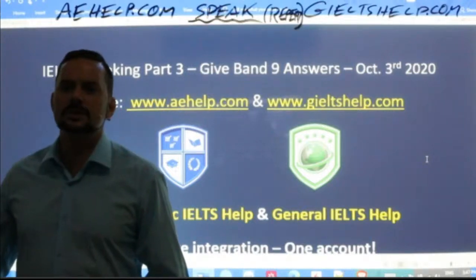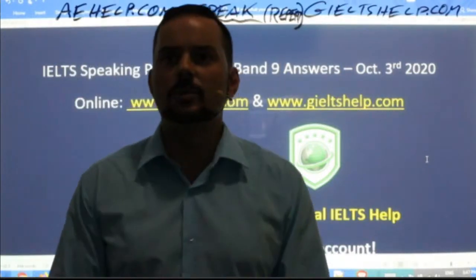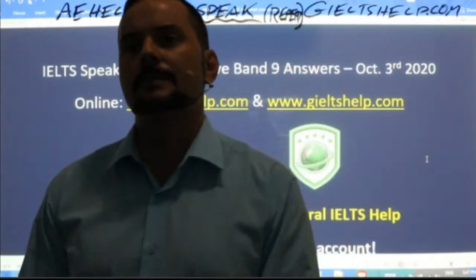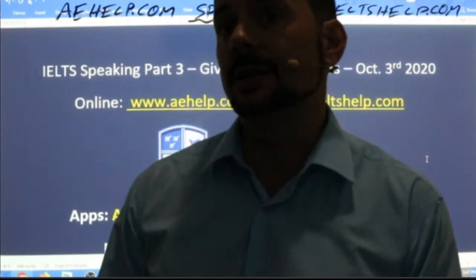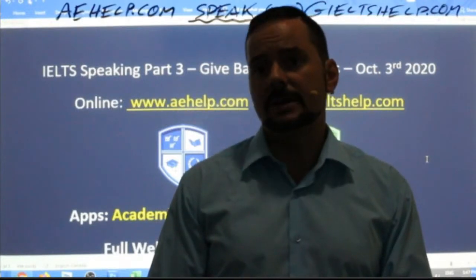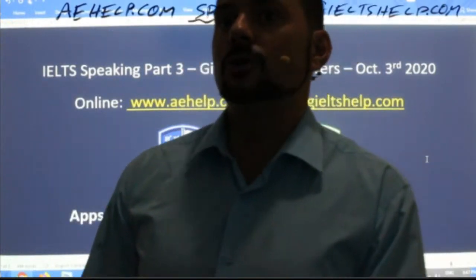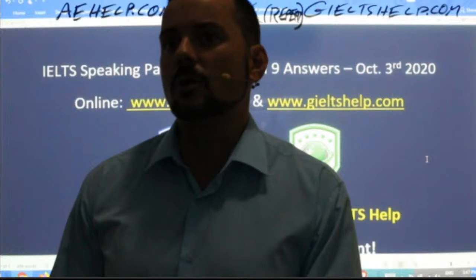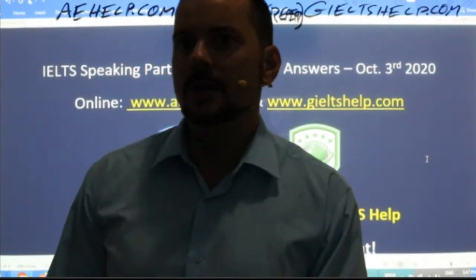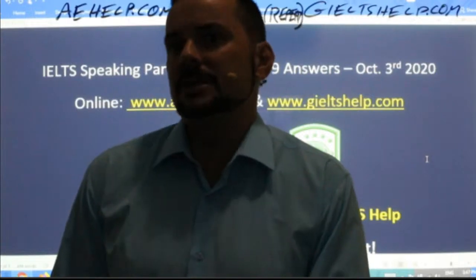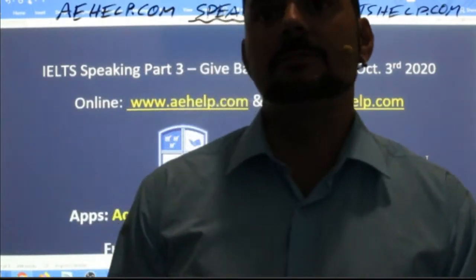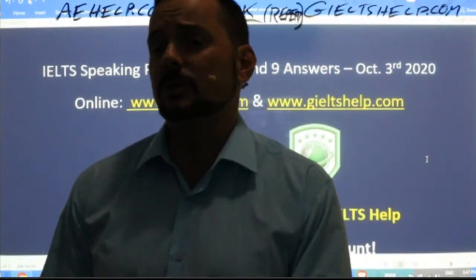Said is asking, can we use an analogy like tourists are to nature what bees are to mankind? No, Said, you shouldn't. Okay, because analogies can be very awkward and confusing. Like your analogy, Said, is confusing for me. So you're saying that tourists are to nature what bees are to mankind. That doesn't make sense for me because I think what you're trying to say is that tourists are to nature like what oil is to water, maybe. So bees are to mankind. Bees aren't bad to mankind. We make honey from bees. We take wax from bees. In fact, we rely on bees for a lot of good things.